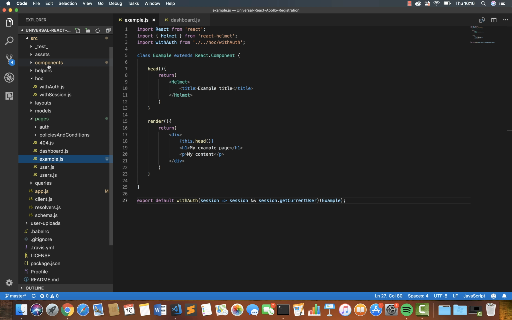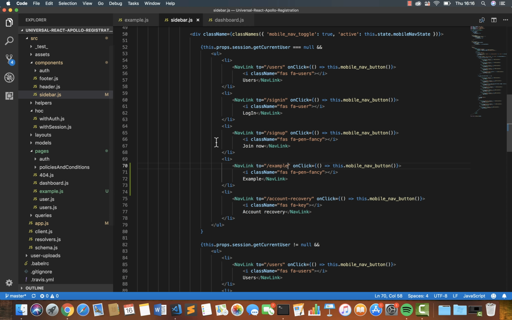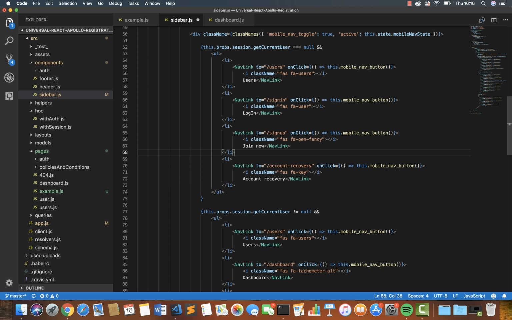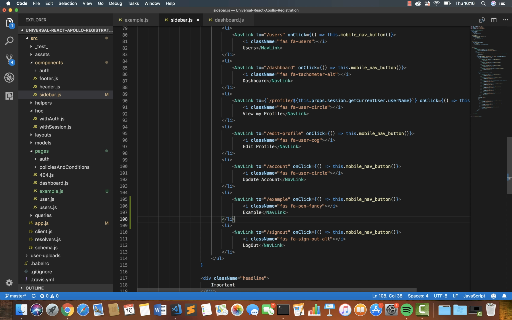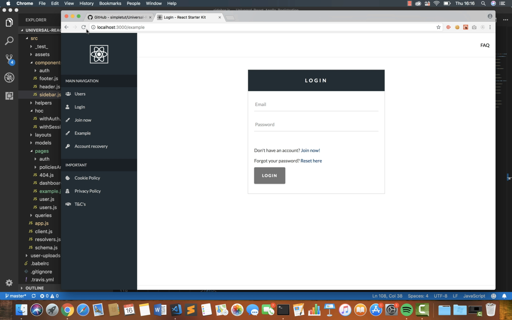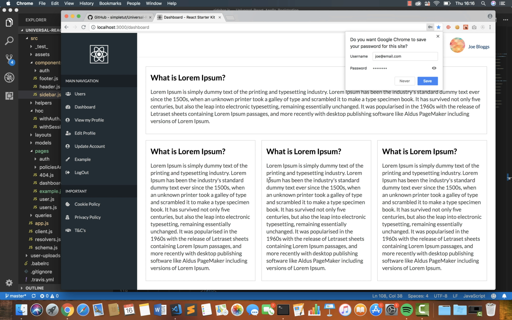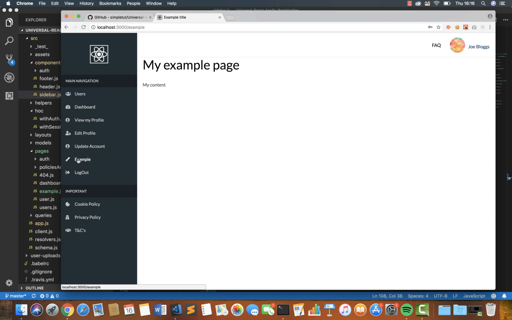So to do that, I just come back to my component, sidebar.js, and as I said before, there's two different lists. I'm going to take it from the list that's shown on unauthenticated users, and I'm going to put it just above logout on the authenticated list. I'm going to refresh the page. It's gone. If I log into the test account I created, joe@email.com, 1, 2, 3, 4, 5, 6, 7, 8, log in, and again, you'll see that link is now available to me, and I can click around, come back to it, and that looks really good, right? And I can log out,